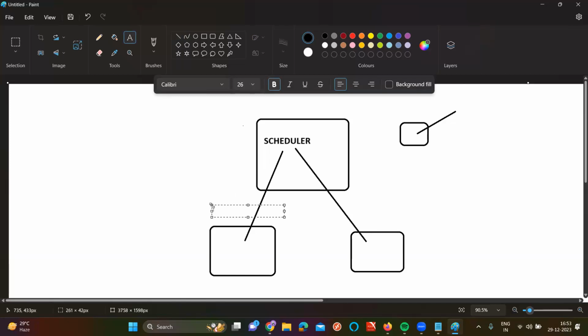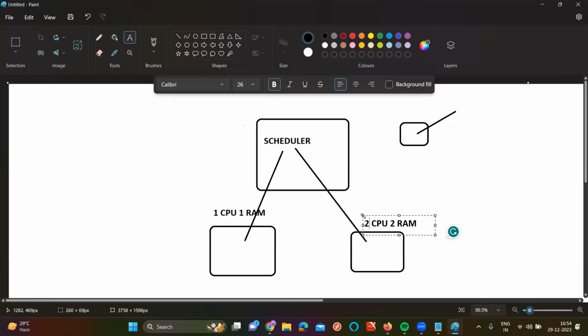For example, this worker node is having 1 CPU and 1 GB of RAM. And the second worker node is having 2 CPUs and 2 GB of RAM. Now, which one is better? The second. Why?